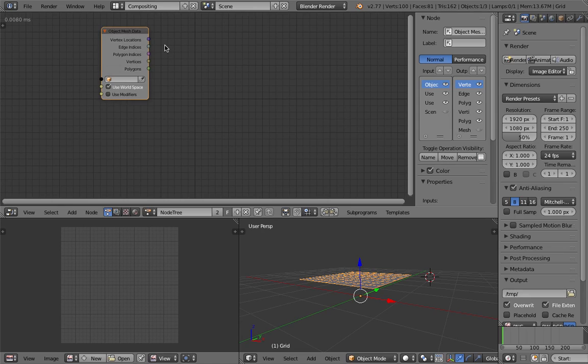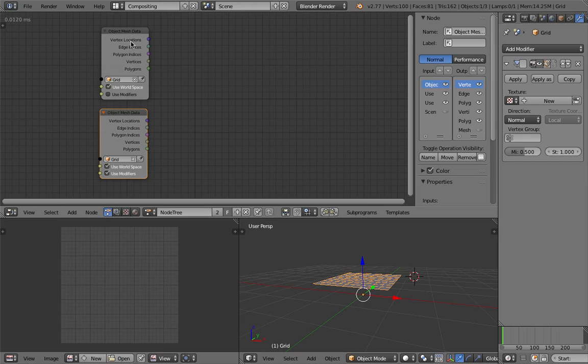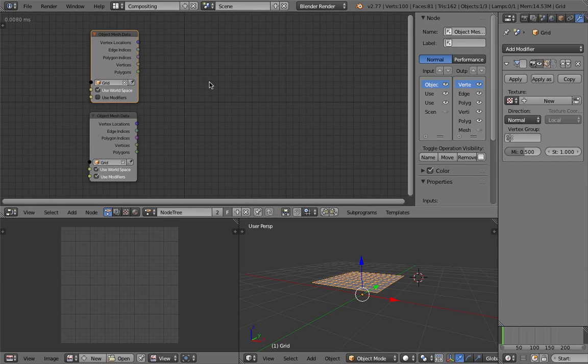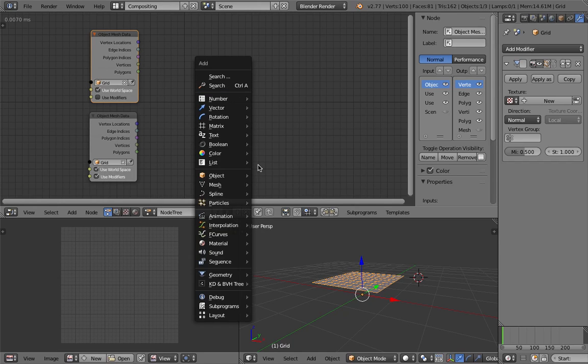We have the mesh data. We're going to grab the same mesh data, but the second one will be using the modifier, which means there are two states: the default state and the state after the vertices are displaced by the modifier. They're still sourcing the same mesh data, except that they have slight differences, and we can use both inside animation nodes. So we're going to create a loop,